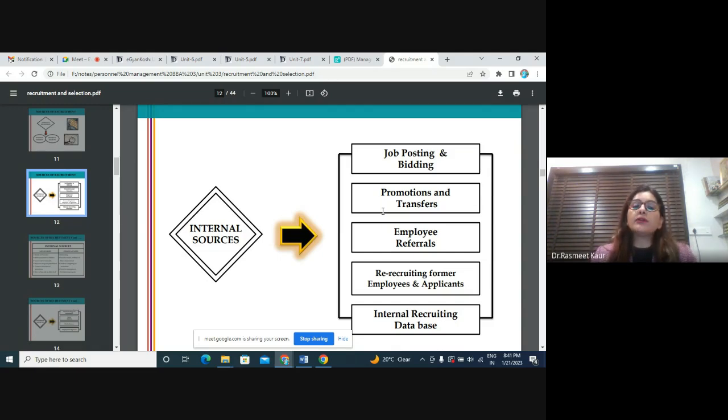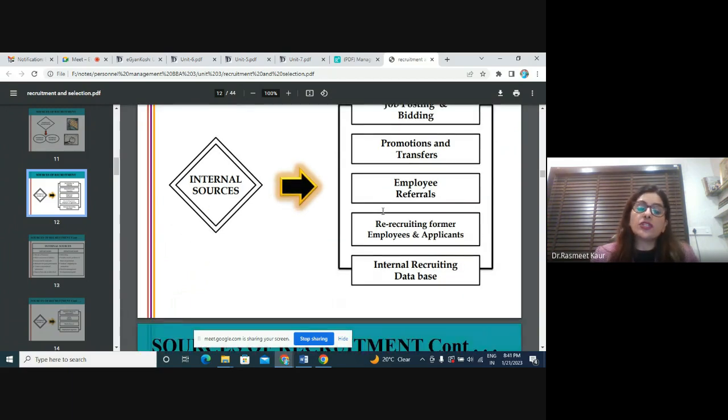The employees are able to see on their MIS that there is a vacancy, and if they feel that they have the knowledge, skill, ability, qualifications and experience required for that job, they put forward their resumes and bid for that job. That is what bidding is. Bidding basically means the one having the best knowledge, experience and qualification required for that job is selected by management and given that particular job in the organization. Again, internal source. We are not inviting any fresh blood from outside.